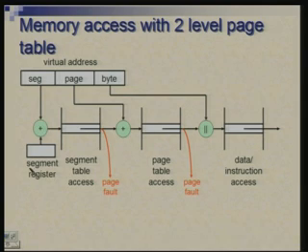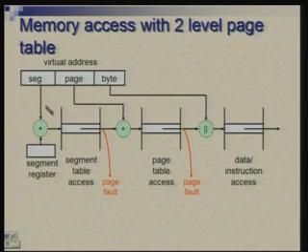This can be seen more clearly with this diagram, where I am trying to show exactly how the accesses would be made. So, starting with the virtual address, looking at the segment field, you have, imagine a register which we call segment register, which has the starting address of the segment table. So, that starting address with the segment number as an offset, you add these two, you reach the required entry of the segment table.